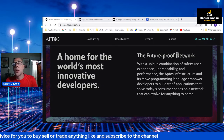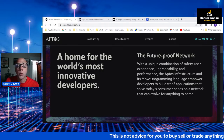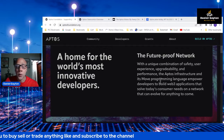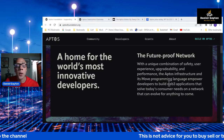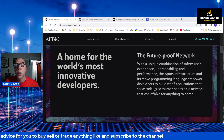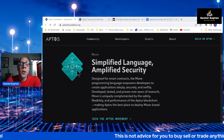This is a proof of stake network. So that's appealing to people like FTX and Binance, and other big time donors, because it is proof of stake. It is written on the Move protocol, and this is a protocol that's supposed to be very user friendly for developers, very efficient, very easy to use, and transferable. So it is written on the Move protocol, and obviously with any blockchain that's developed,